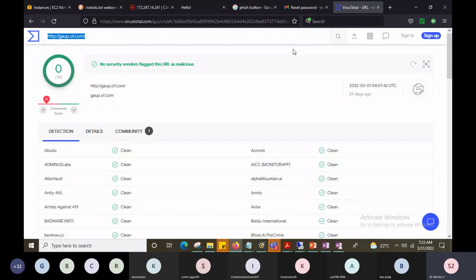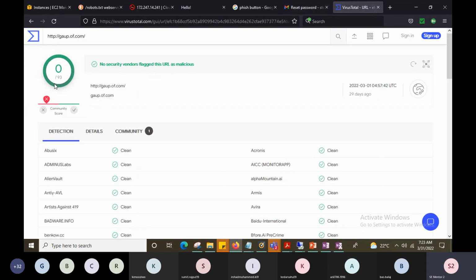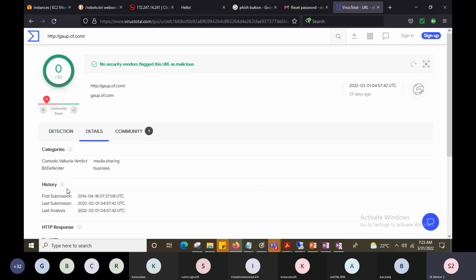So yeah, if at all you see any link in the email, copy that link. Do not click on that link. Check in VirusTotal the score of that particular link. You can only check the score. You can get some details about it, right? But if you would really want to see what happens when a person clicks on that link, there is a